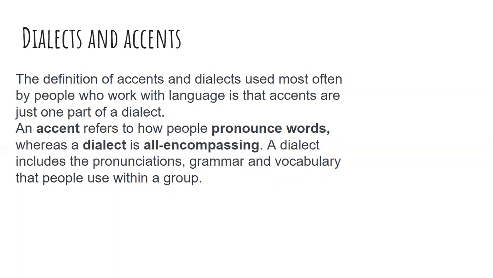An example, let's say Australian English. It itself is a dialect. It has different words. People pronounce it differently, and it's the pronunciation part that gives them the name of accent. And the set of words, how they speak, is the dialect. So in conclusion, we can have